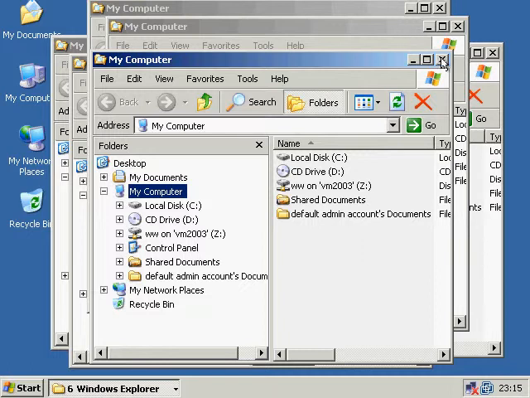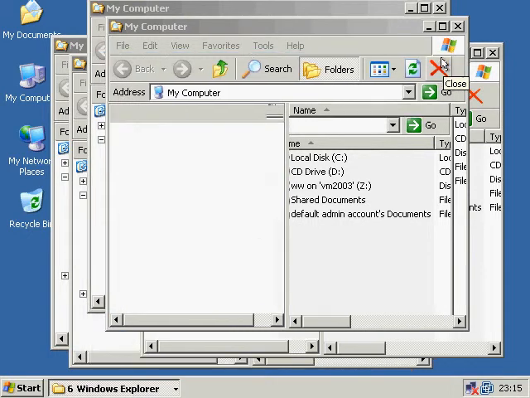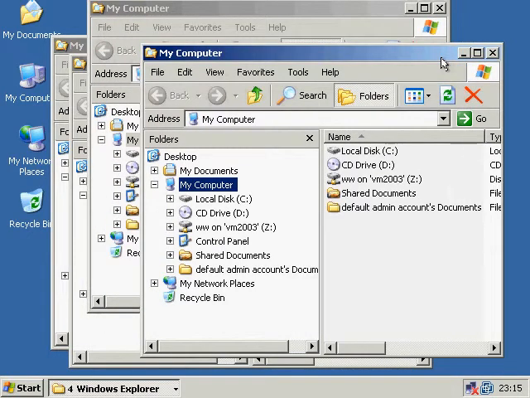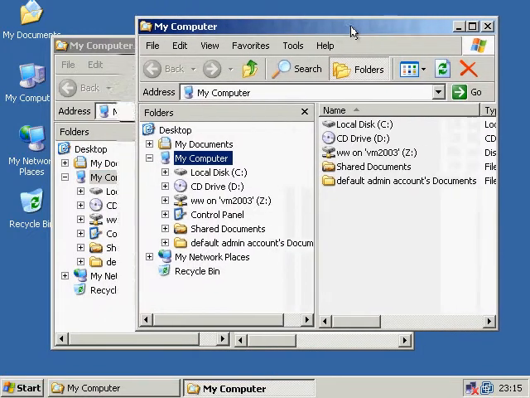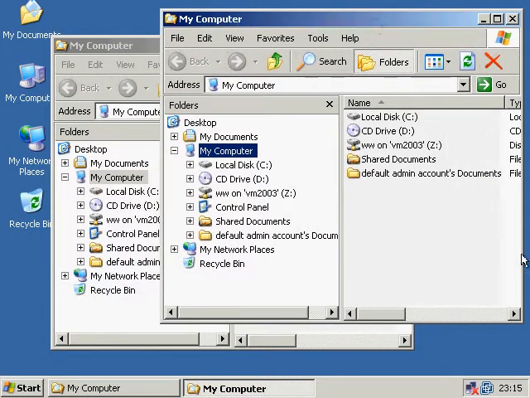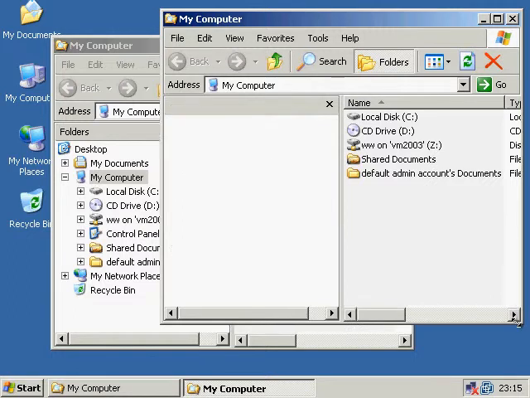We will close a couple of these windows. If I press Alt F4, it will close the currently active window. Alt F4, I now have two windows. I want to align these, so I can click on the title bar and drag the window over to the right. I've done that. I will now move my cursor to the bottom right hand corner, which will allow me